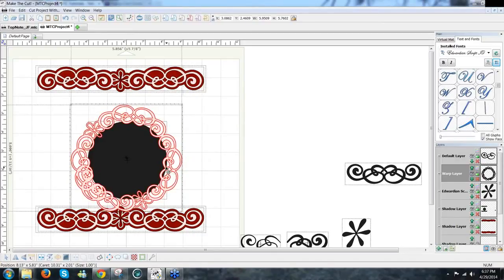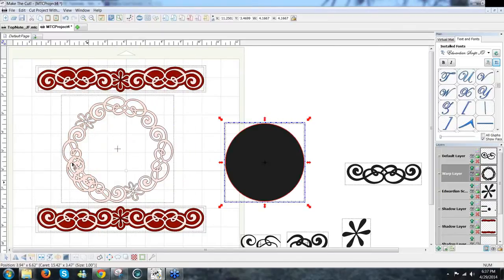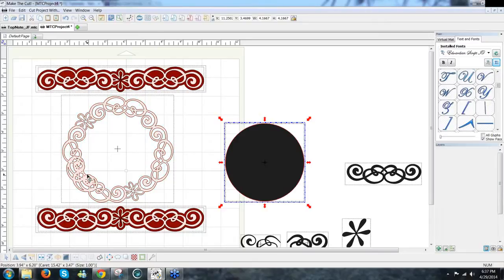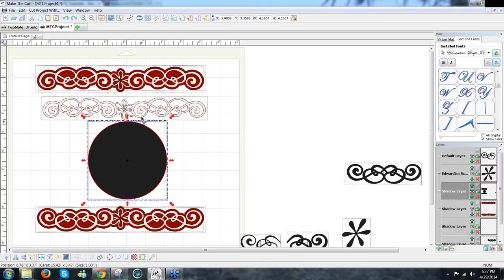So now I have this design all by itself. Oh, I got some ugly stuff right there. I think I way overlapped it. I'm going to undo. Control Z. Try it again. Hold the Control, drag,